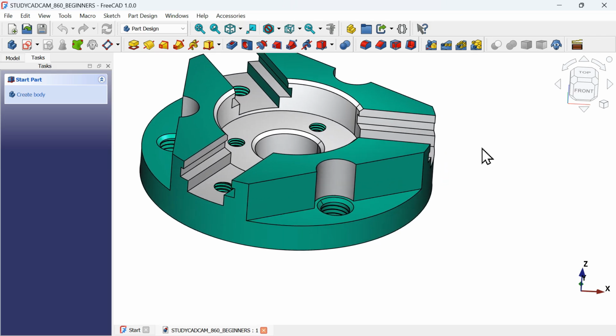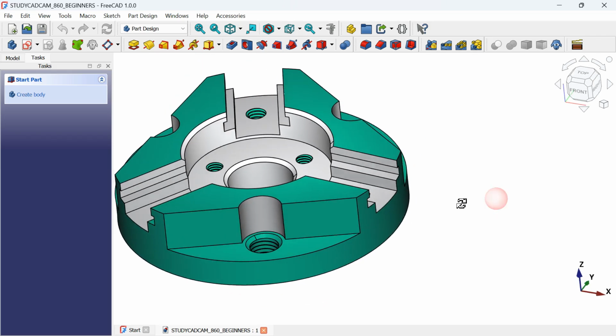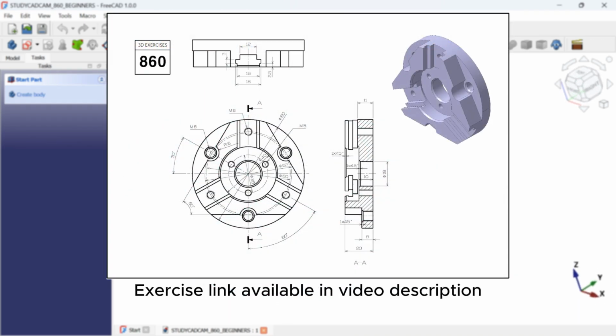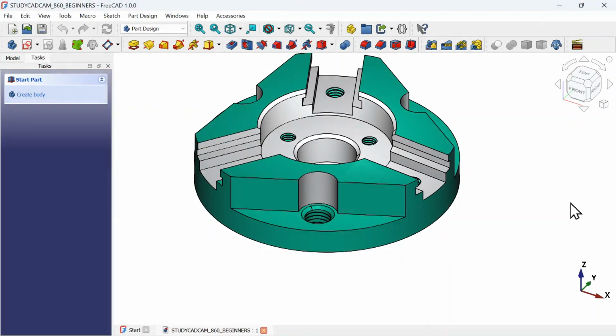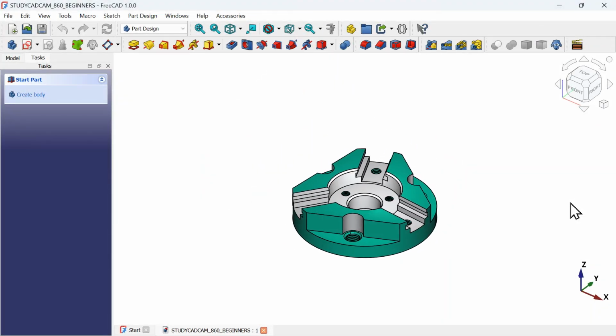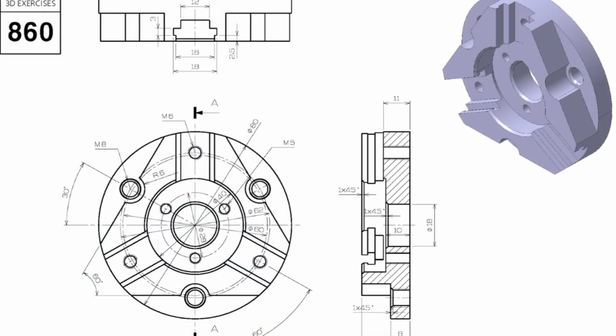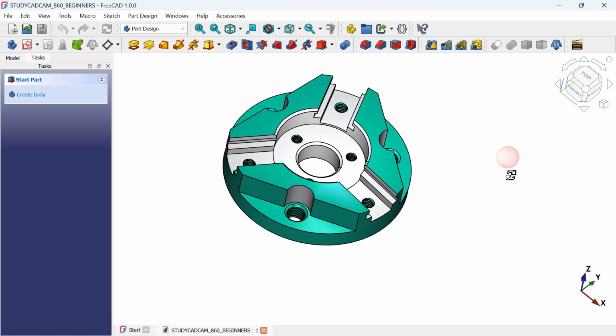This is a 3D exercise taken from the studycadcam website. Let's use it to learn some new techniques of FreeCAD during its 3D modeling process. Link to this 3D exercise is available in the video description. At first look, the model looks complex for a beginner, but breaking this into basic steps, it becomes easier to